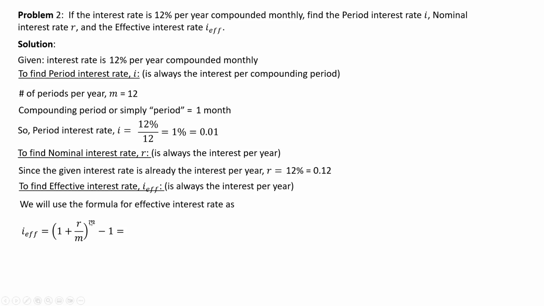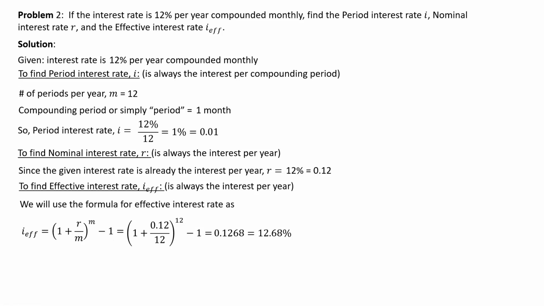So 1 plus I, the quantity raised to M minus 1, or let's stick to this 1 plus R over M. Let's not change the formulas, but I just want you to understand that there is another way of writing this one, at least in some cases. Okay. All right. So that is going to be 1 plus 0.12 over 12, which came from this 0.01 I, raised to 12 minus 1. And that turns out to be